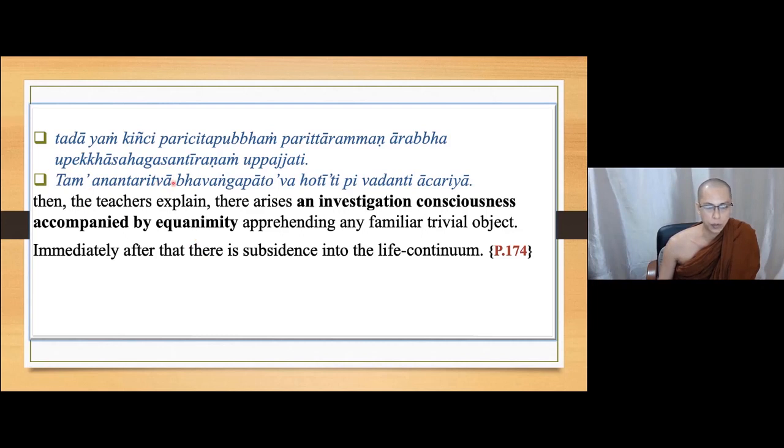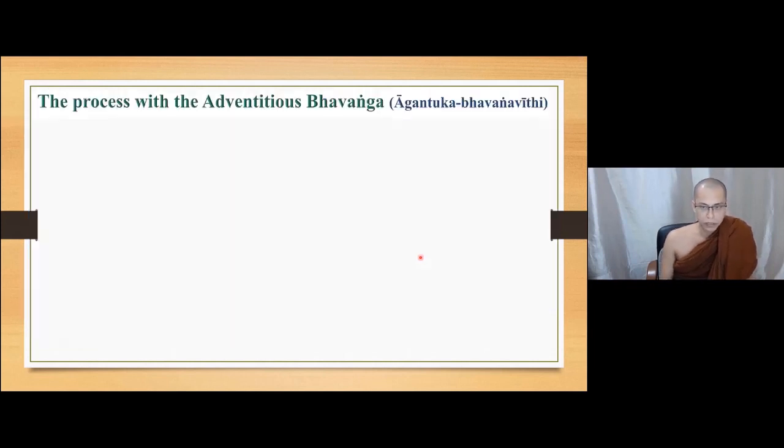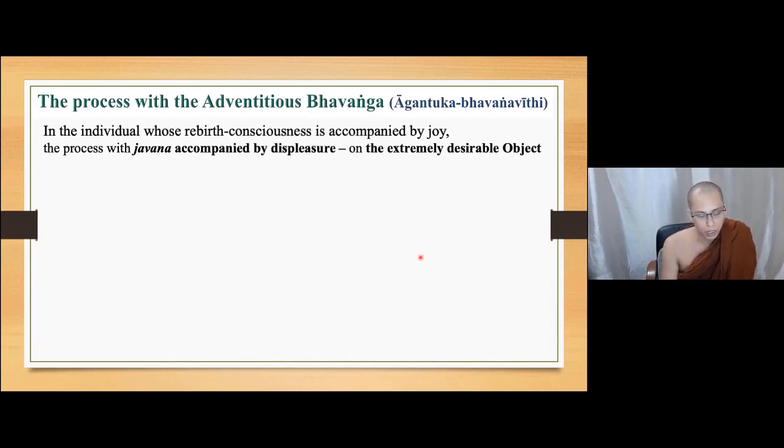After the adventitious Bhavanga, the life continuum, the original Bhavanga accompanied by joy, comes. In this case it is a little bit complicated if you think based on the text itself, so let's consider it again in the process. The individual's rebirth-linking consciousness is accompanied by joy. That is why we can understand his Bhavanga will also always be accompanied by joy. When he encounters an extremely desirable object, the process arises with the Domanassa Javana,